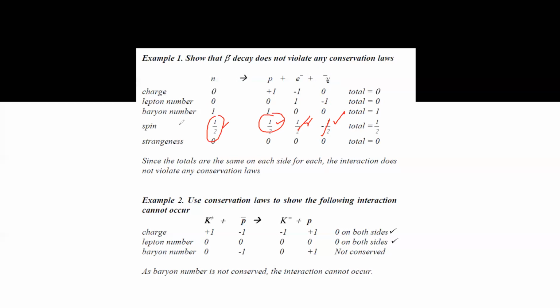Then the strangeness refers to if there is any strange quark, that's called a strangeness number. So what is neutron? Neutron consists of up, down, down, and this is up, up, and down. So there is no strange quark, that's why it is zero. There's no strange quark, zero. Lepton strangeness number 0, and anti-electron neutrino strangeness number is 0. So it shows that all are conserved. So if for a reaction all are conserved, it means this reaction or interaction does not violate any conservation law, so it can occur.